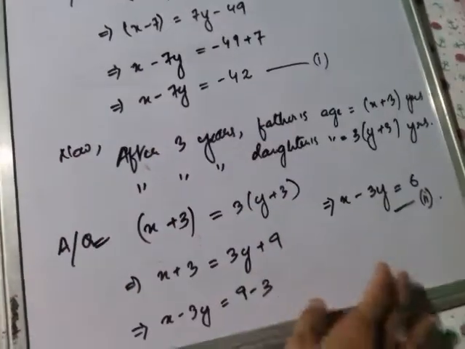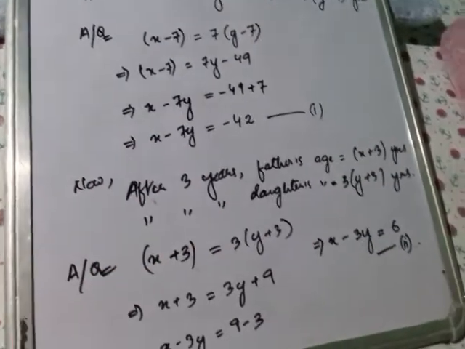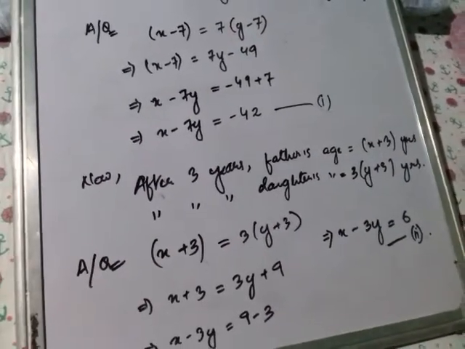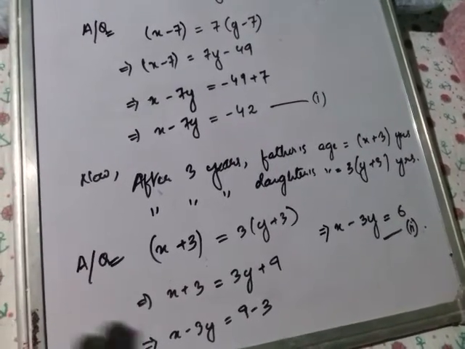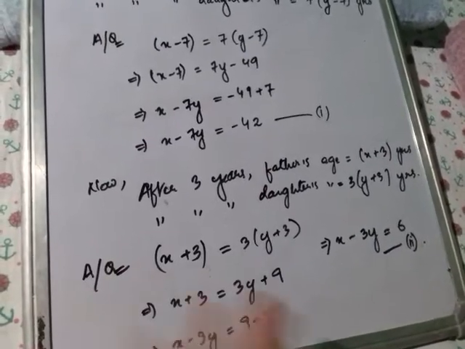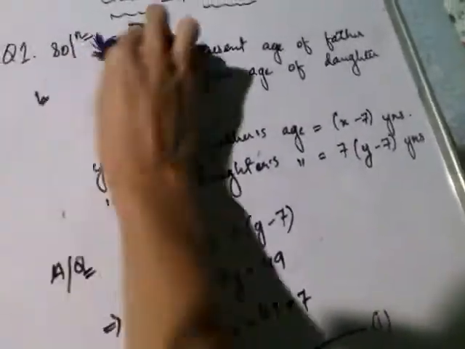Algebraically we have already represented it, so now we will represent it graphically. To represent it graphically, we need to make a box. You have already studied this in class 9, so recall it so that you can do it nicely. I will rub this one because I don't have any space.